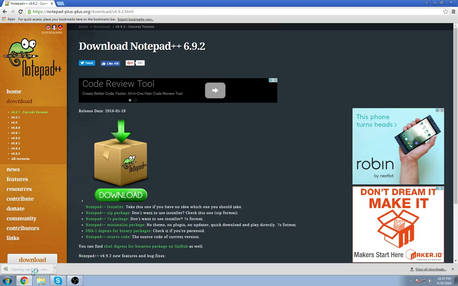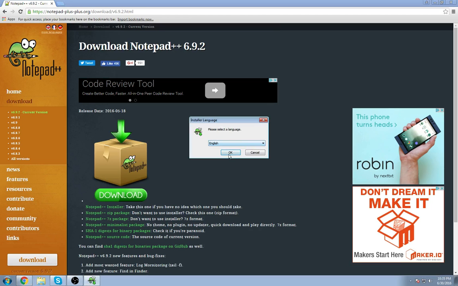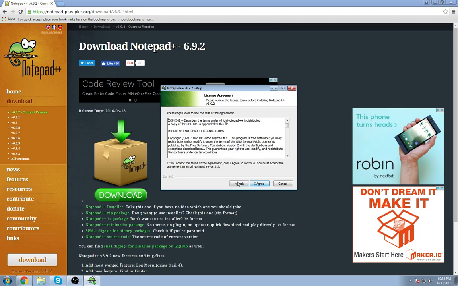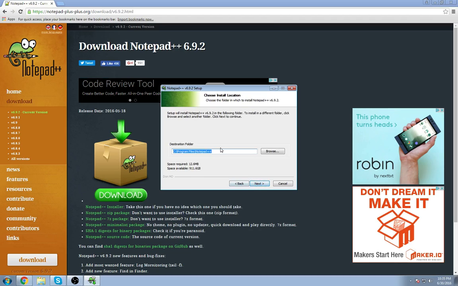Your computer may prompt you for a UAC permission. Go ahead and click Accept. The installation is fairly simple, so we're going to select our language, in this case English, and we're just going to walk through everything. Next, next. No one reads the terms and service conditions. We're going to go ahead and keep our install location the same,